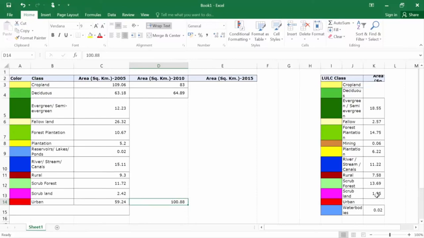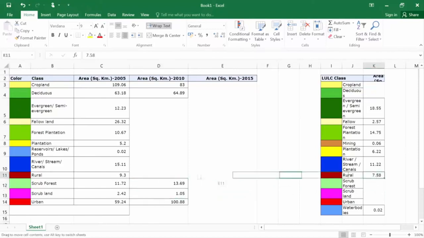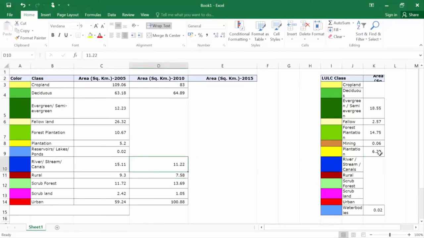Okay, and let us take these other classes also, although they are not in our area of interest, but let us take those classes as well. So again I will go here, this rural area, I will drag it to this common table I am creating. River, stream, something is here, we can do it here.